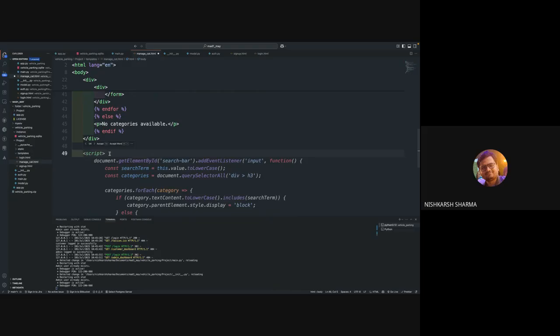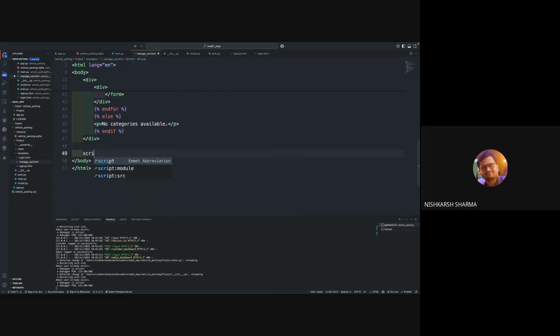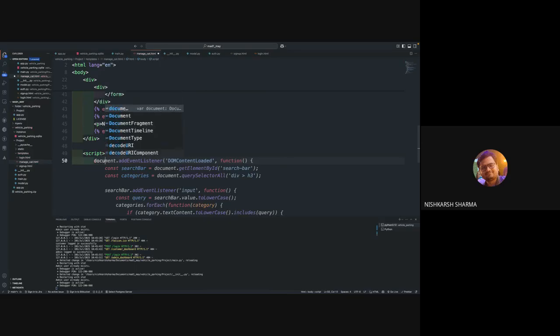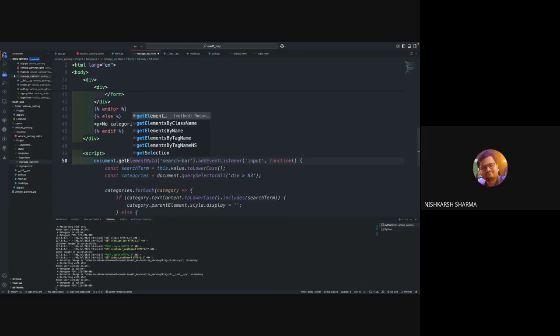Another way is you get all the data from the backend, and in the front end you implement the logic of search, which should be quick, so you don't have to depend on the backend for it. So backend dependencies would be less, and it would also be a lot faster. So element by id